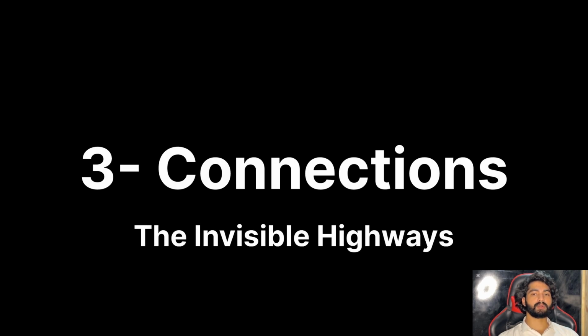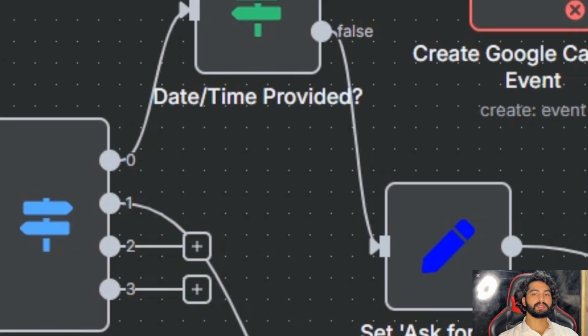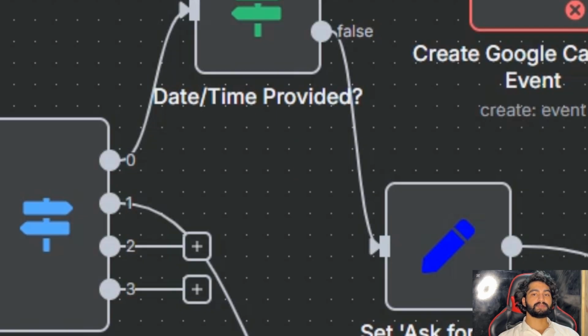Now let's talk about connections, the invisible highways of your workflow universe. These are not just pretty lines on your screen, they are the circulatory system of your automation body. Data flows through these connections like coffee through programmers at 3 a.m., essential and caffeinated. Now, the fourth component is